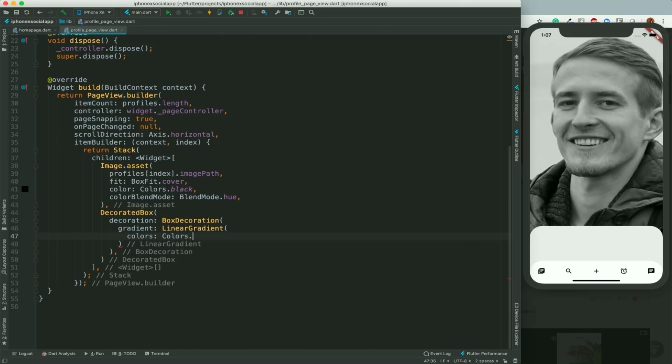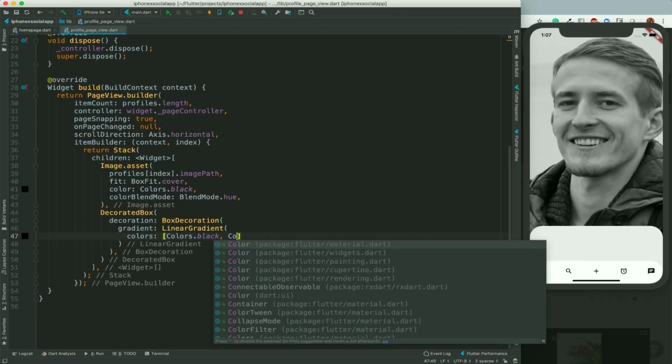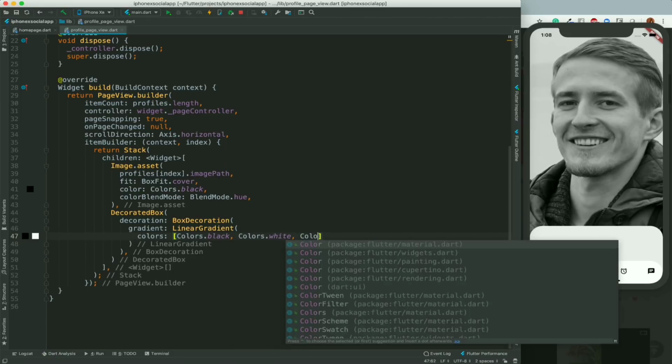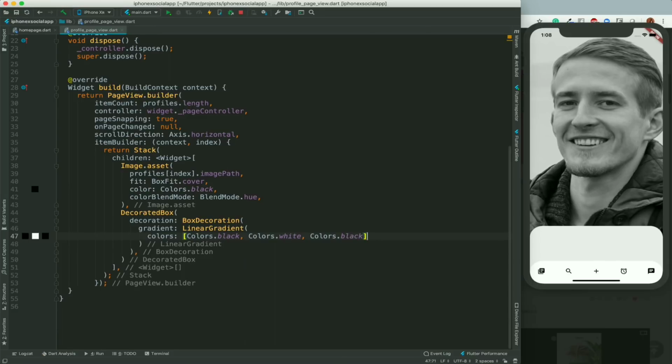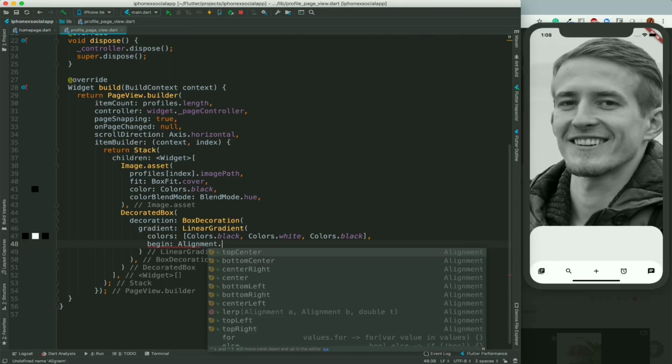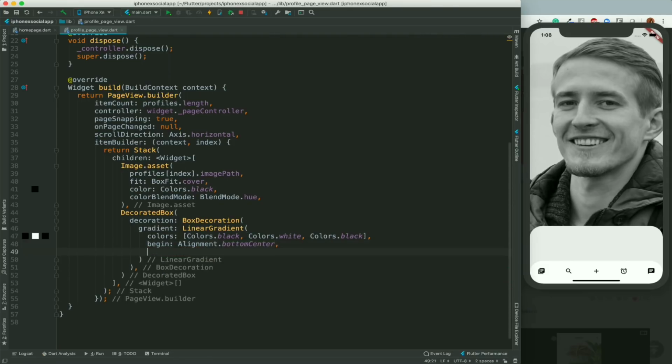My colors are Colors.black, Colors.white, and again I have to write Colors.black here. And what is my alignment? My begin is alignment from, means starting from bottom center and ending to top center,